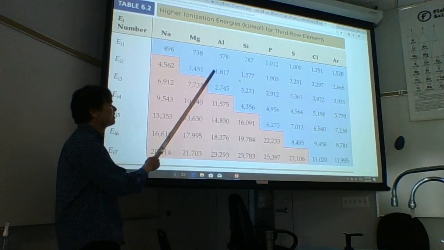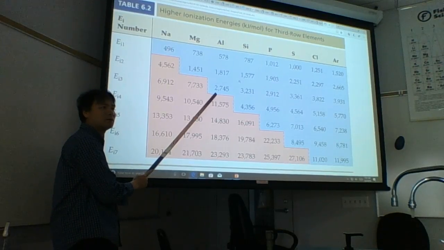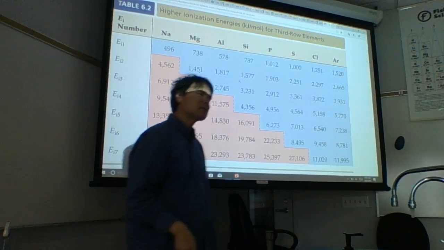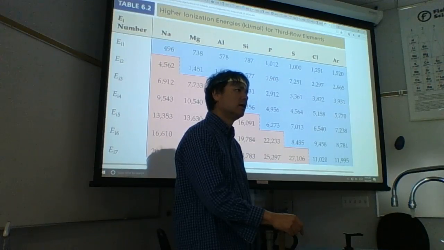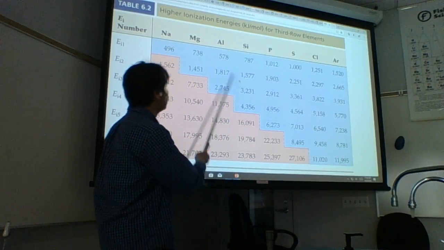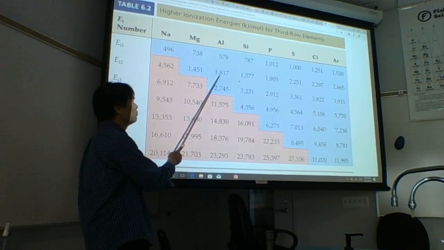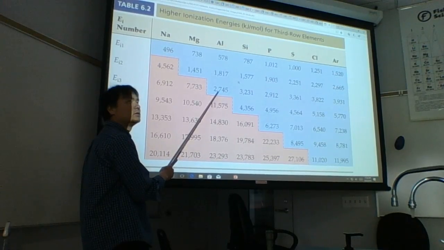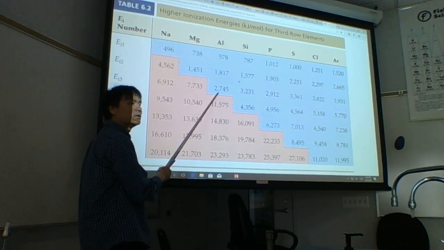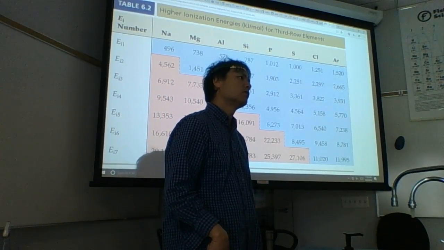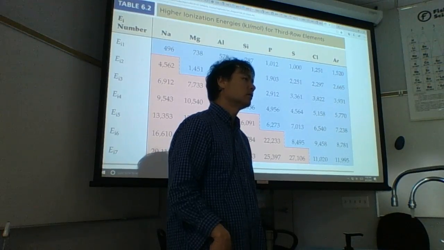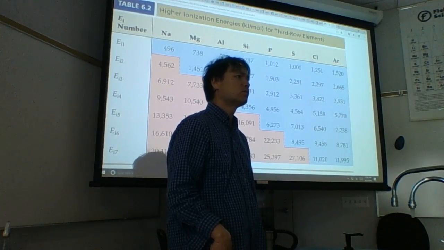Aluminum, first one, okay. Second one, third one was getting more expensive. This is more than helium. So why does aluminum go to +3 when it's going to cost you way more energy than helium going to +1? If helium goes to +1, it costs you less than 2,500. Aluminum going to +3 is going to cost you 600 plus 1,800 is 2,400. 2,400 plus 2,700 is going to be about 5,100. It's going to cost you 5,100. Let's say $5,100 to go from aluminum 0 to aluminum +3, whereas for helium it only cost you 2,400, half